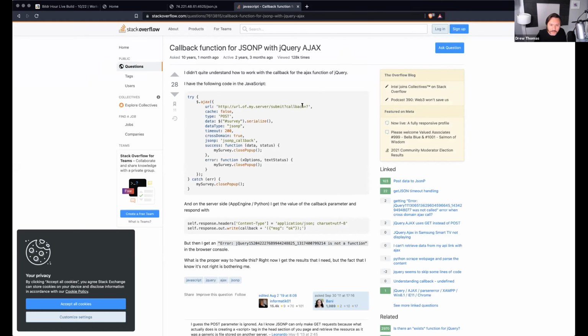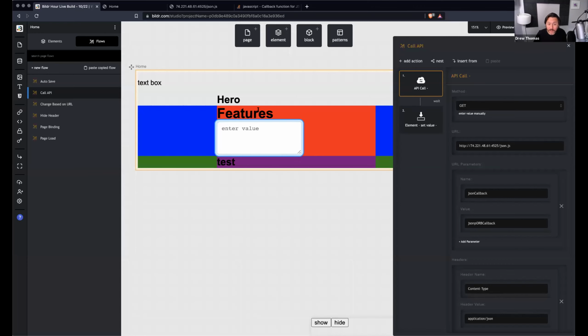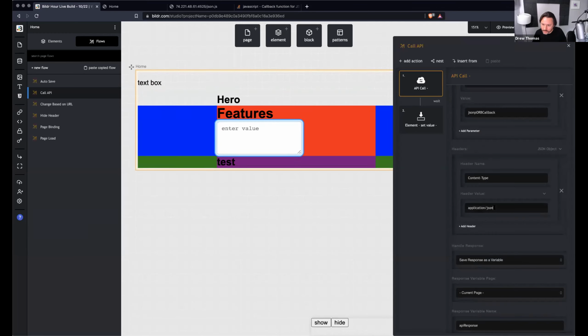Oh yeah, callback equals data type. Oh, data type. I probably have to do a couple of things to get this working. I don't know if this is interesting or if I should keep going on this. Basically I have to tell it the callback, and then I have to do